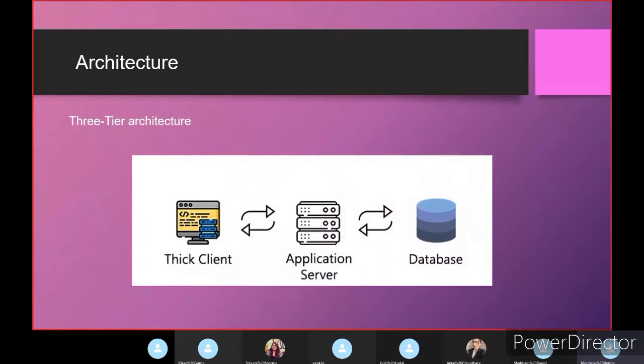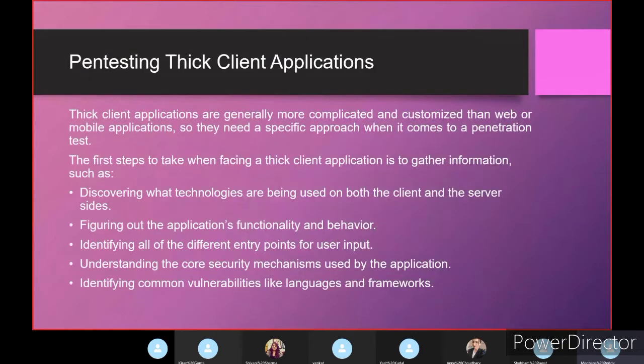So how do we actually perform testing on thick client applications? Thick client applications are generally more complicated and customized than web or mobile applications, so they need a specific approach when it comes to penetration testing.